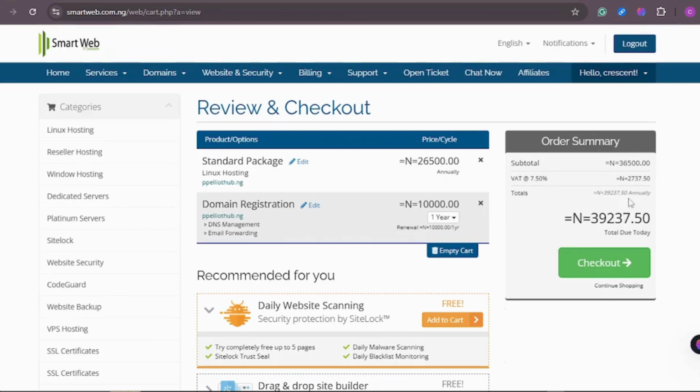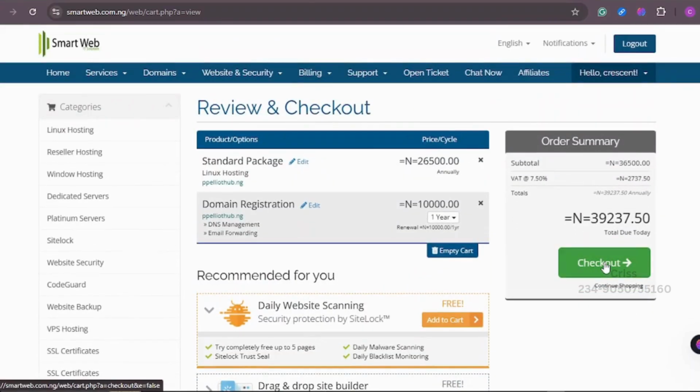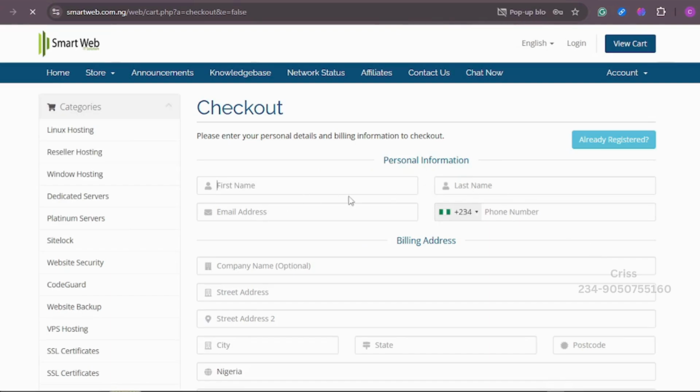This is the total money you're going to be paying for both your domain hosting and then your domain registration. So we are okay with everything that's here. Then we're going to proceed to checkout. Click on checkout to complete your payment. So here you're going to be required to fill up your details. Now, this detail is actually going to be creating an account for you on the website as well, because